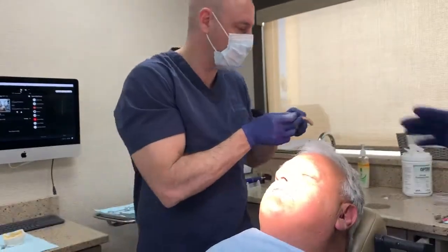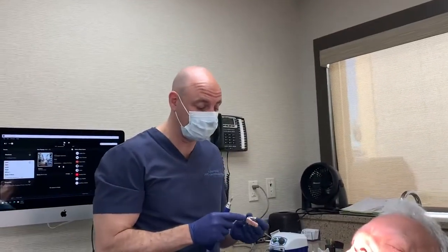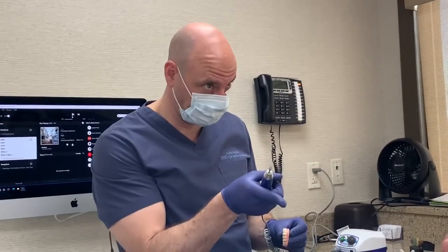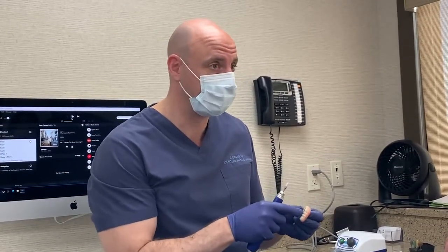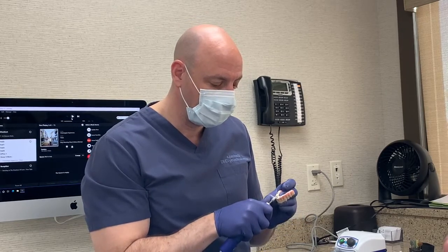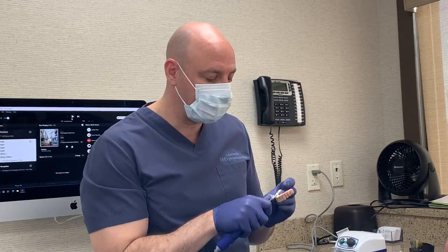So this is really nice material. This nano ceramic is really nice for opposing natural teeth. If you're opposing porcelain, this is going to lose. It's going to take time. But when Jack does his lower,